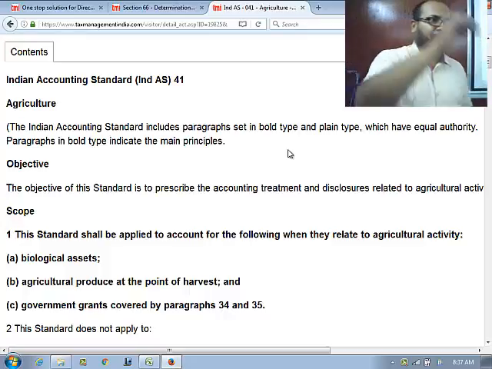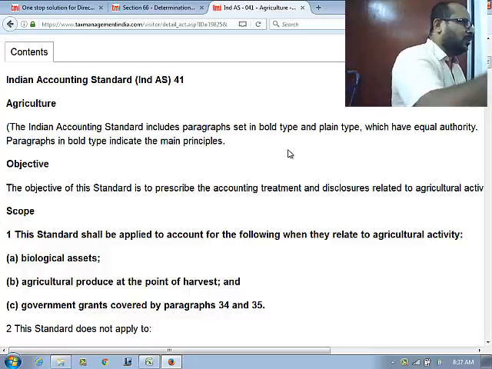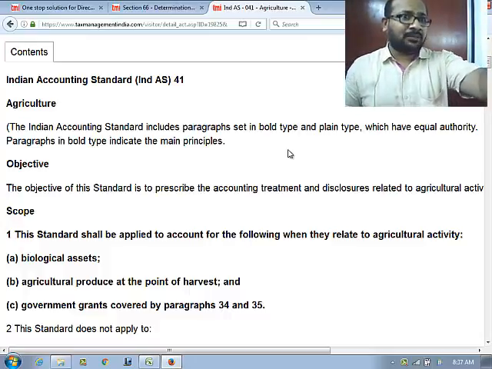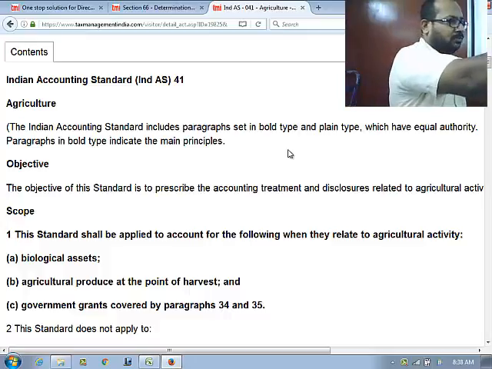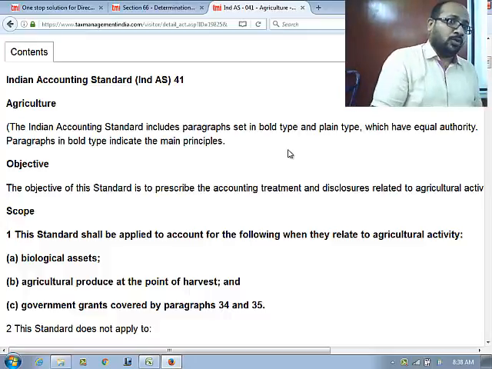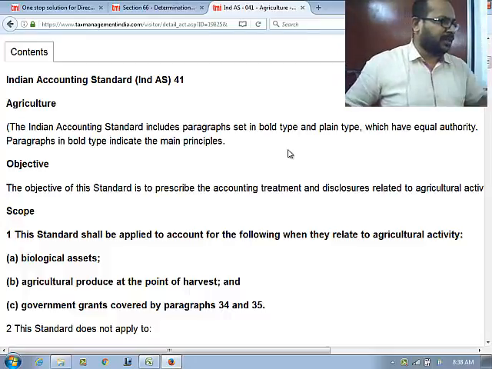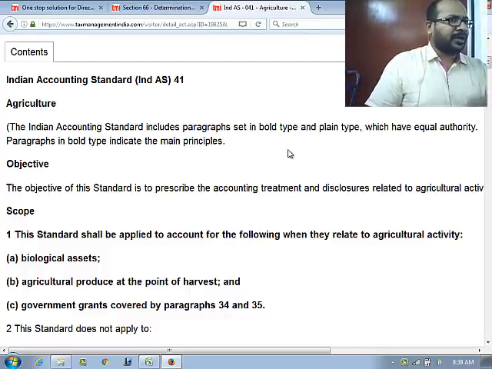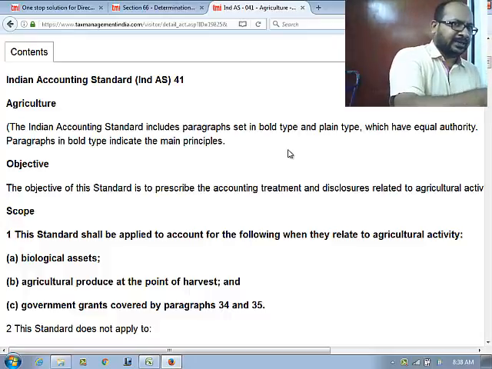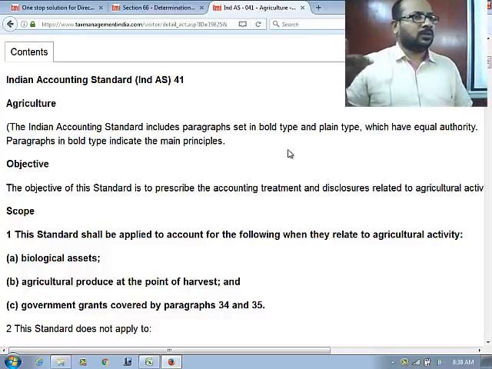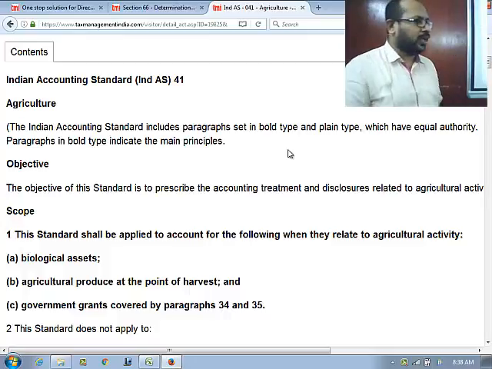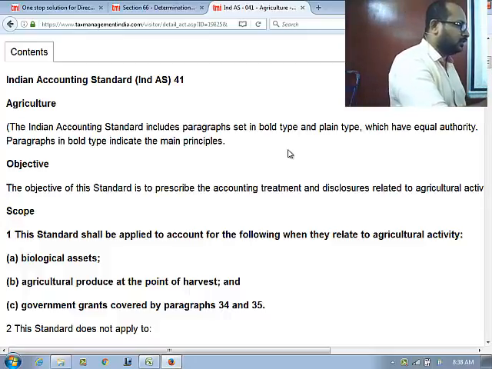Now, what is the question? What would be the case where I might be spending some money in acquiring the asset? I paid money to buy the first 10 cattle. I would have borrowed money to buy those assets also. Banks are lending me money, government is giving me incentives, whatever. I'm incurring borrowing cost, but the asset is such that I have to carry it at fair value. But when the asset is carried at fair value, would I be required to capitalize borrowing cost? Does it make any sense?